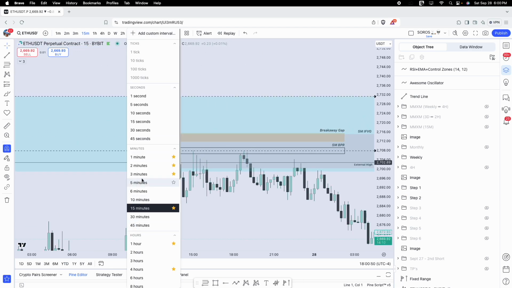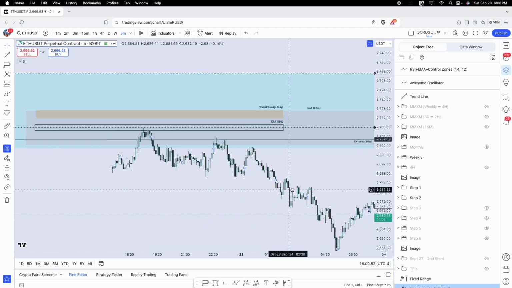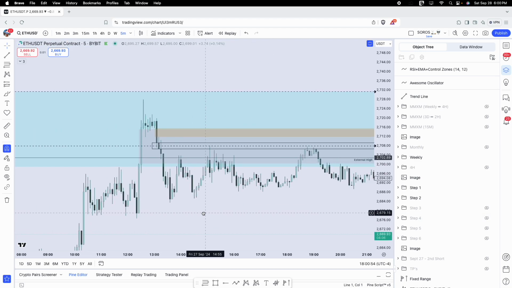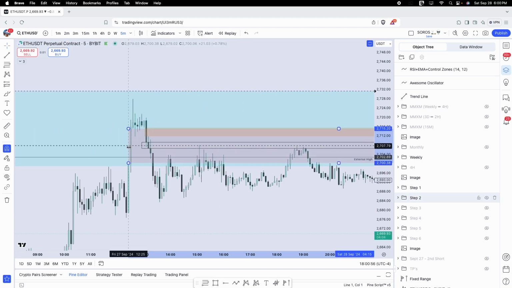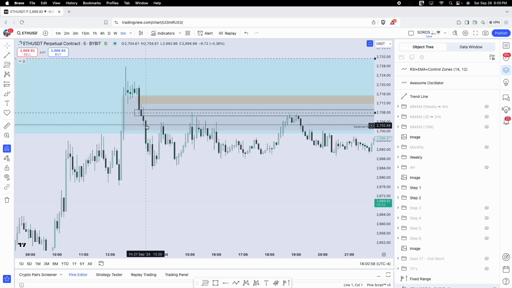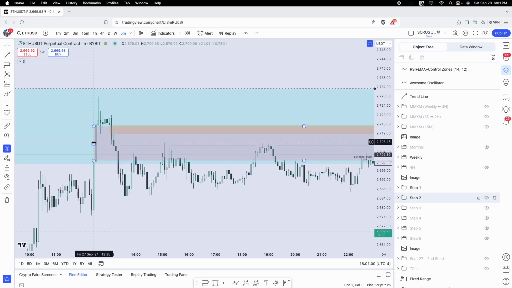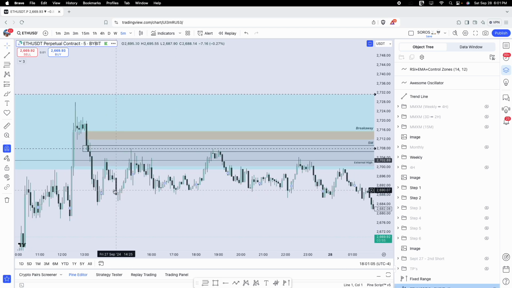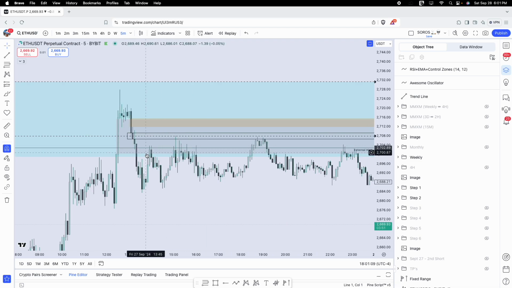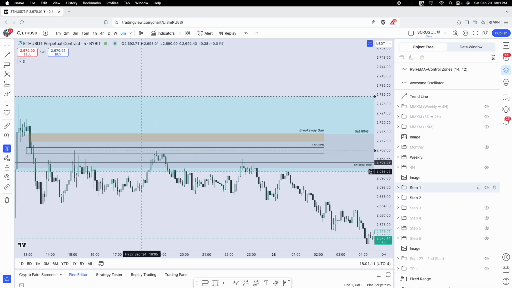I usually use the 5-minute time frame on a 15-minute structure. So here's your last imbalance. It gets closed below, so that becomes an inversion or an inverse inefficiency, where it should act as resistance when we pull back. And you can see we hit it 1, 2, 3, 4 times, and then reject